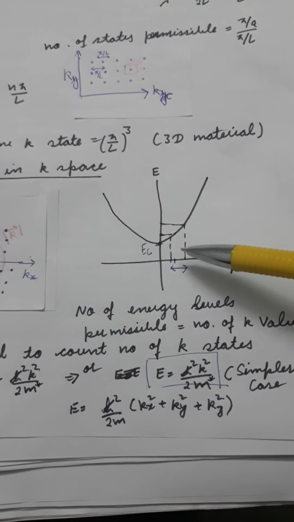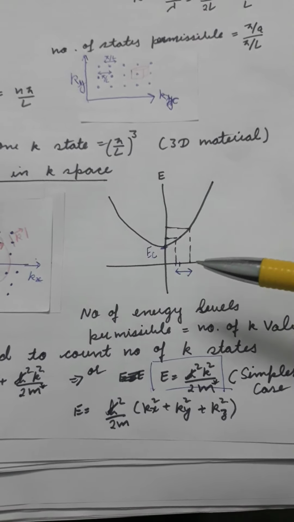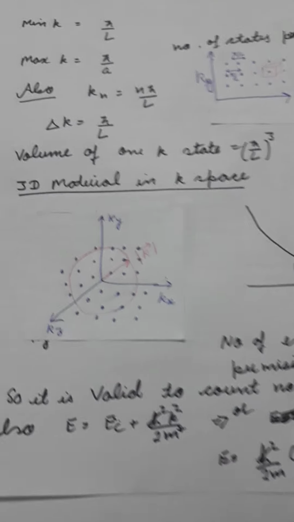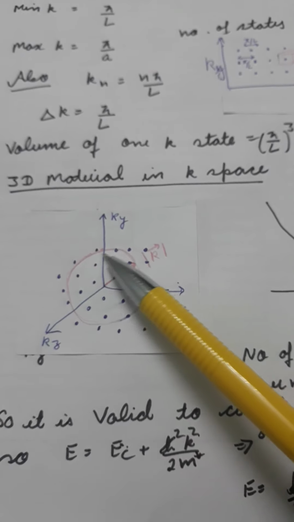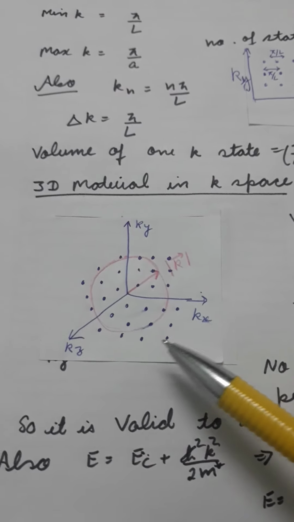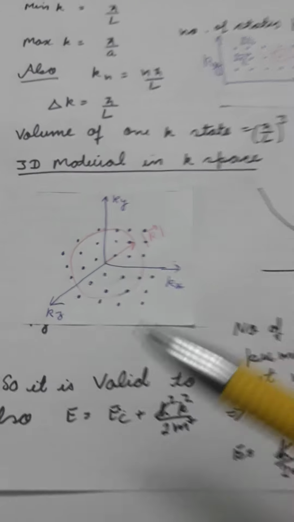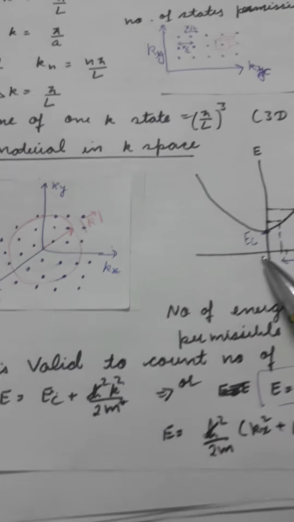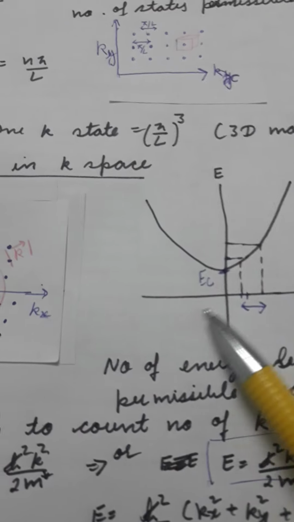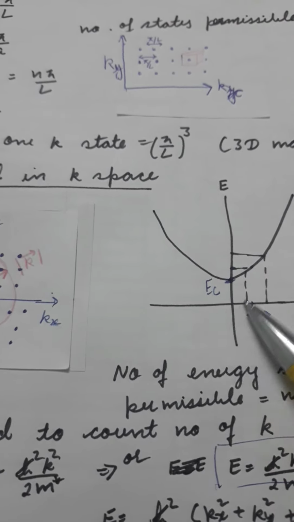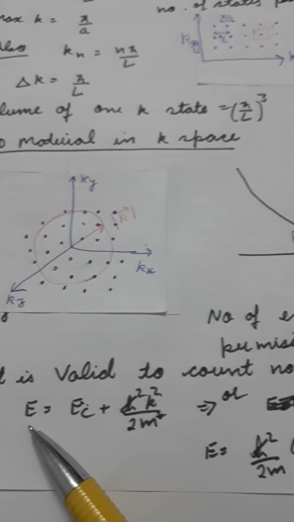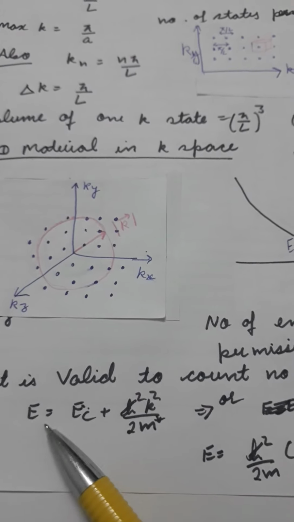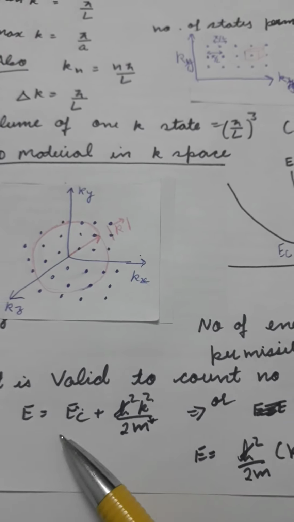So it is fair enough to count the number of k values in k space. That is why we are usually talking about the k vectors when we are talking about the density of states. So for such a three-dimensional material, the E-k diagram looks like this, and the dispersion relation is given